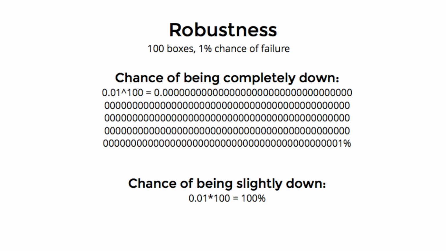But the chance of one box failing on any given day is exactly 100%. You will definitely lose one box per day with this 1% hardware because you have 100 of them. So this means 2 things. First, it means that you need redundancy in a service-oriented architecture. You can't have only one kind of any service up because the chances of you losing that thing are pretty high. Or if you don't care about it being down, you can.